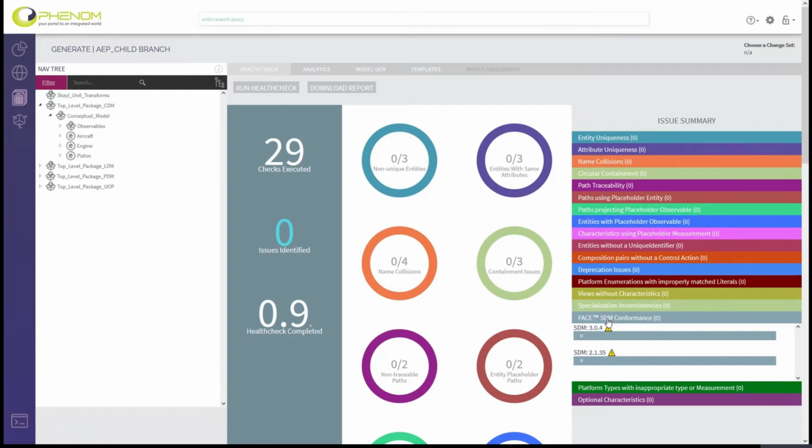Now, this check does not actually give us conformance per the FACE technical standard. In order to get conformance, you have to go through a verification authority and a certification authority. What we're doing is making sure that this model aligns with a FACE shared data model. In this case, we have two options. 2.1.35 and 3.0.4. So what we'll do is we're going to go ahead and merge in a 2.1.35 shared data